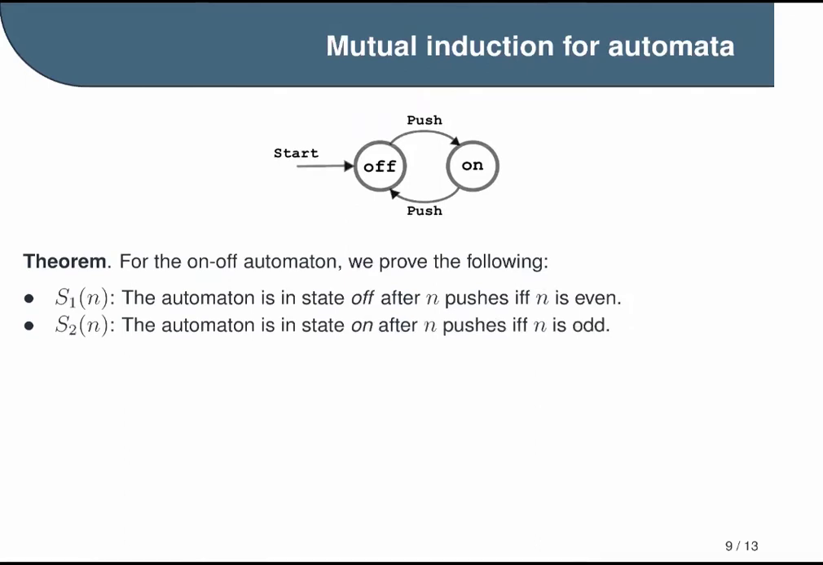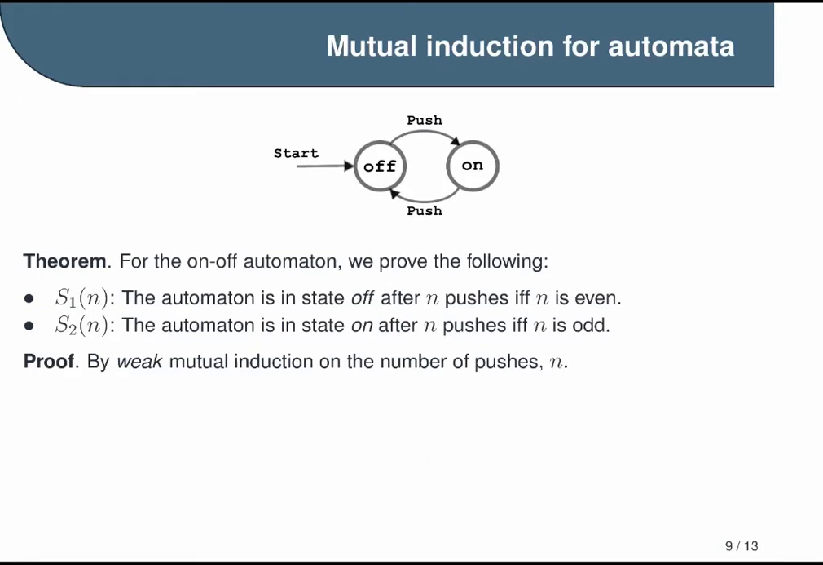So likewise, we have to prove S sub 2. The automaton is in the on state after n pushes if and only if n is odd. So again, if we're in the on state, that means we received an odd number of pushes, and if we received an odd number of pushes, we are in the on state. Those are all the statements we're going to try to prove, and we're going to use weak mutual induction on